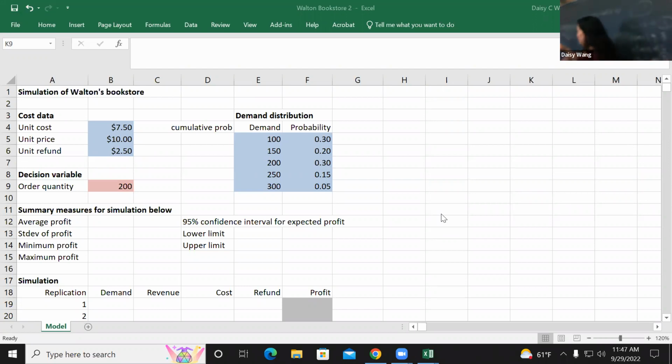So based on the demand, from the previous example, there's a 30% chance the demand is 100 units, 20% chance demand is 150, and 30% chance demand is 200, 15% chance demand is 250, 5% chance demand is 300. Okay, so if we just calculate the average, which is 200, how much are we going to make and how are we going to